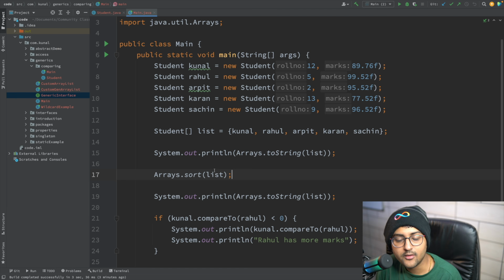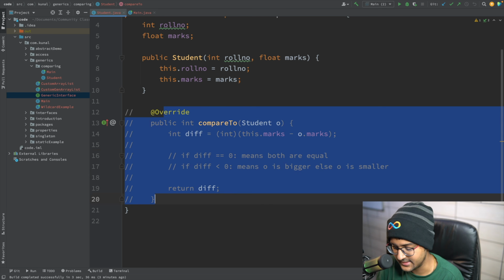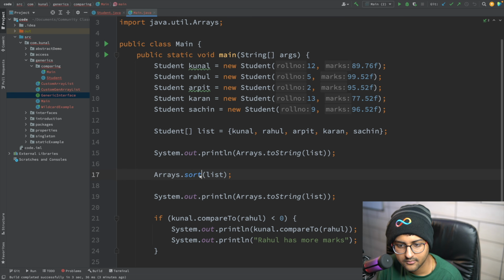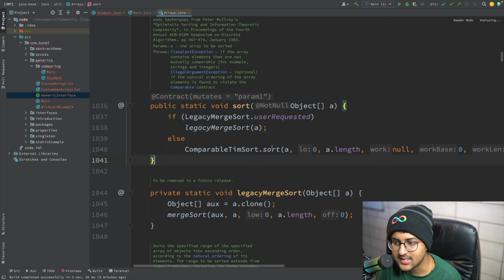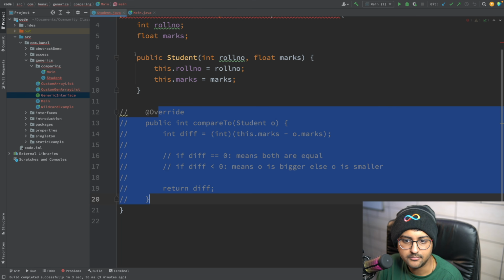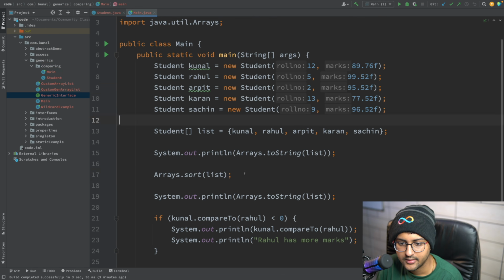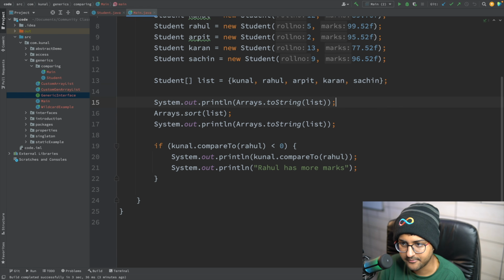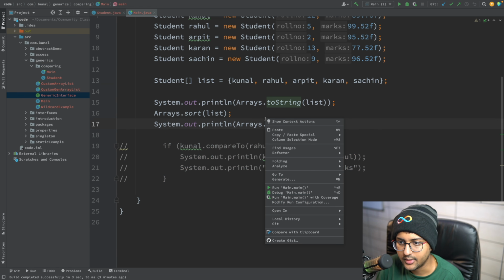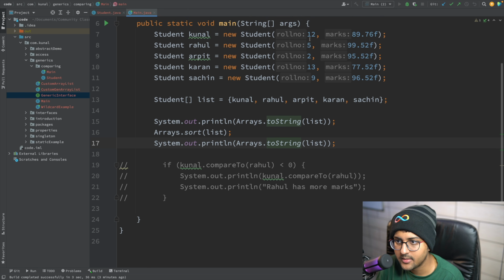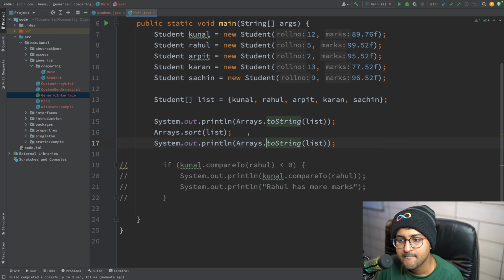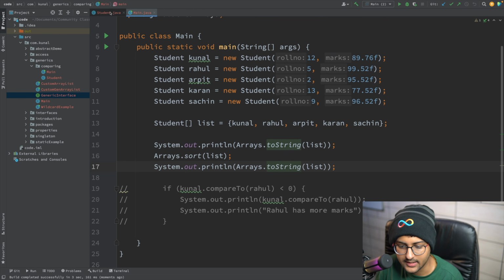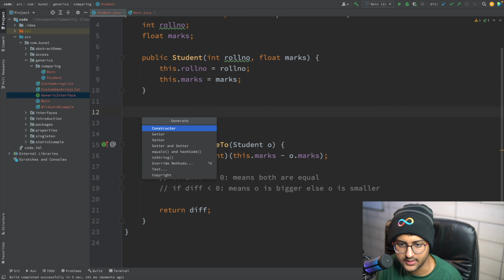Why? Let's see. It will not get confused because I've already created compareTo, but if I hide this, over here you can see it's going to compare it with, I think, its 0th index. Let's try to check this. I'm going to hide this and run it. It should sort based on the roll numbers, I think. It's printing oddly, so I need to create a toString method over here as well.